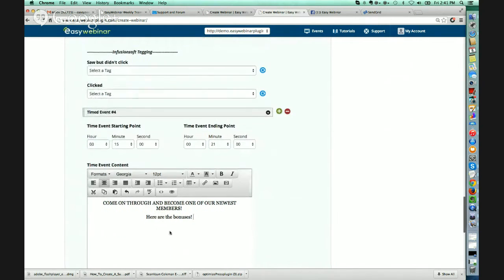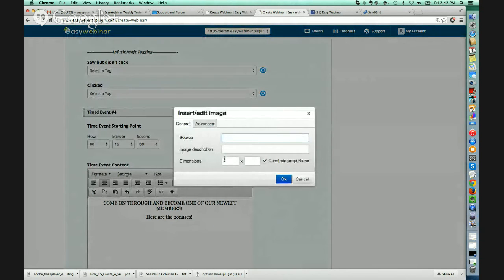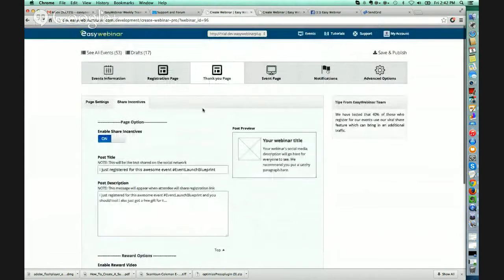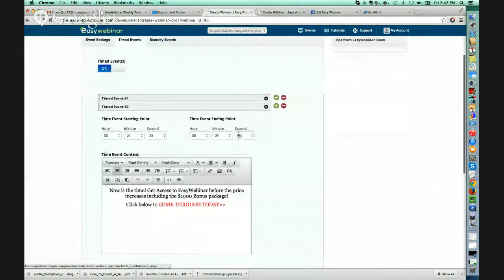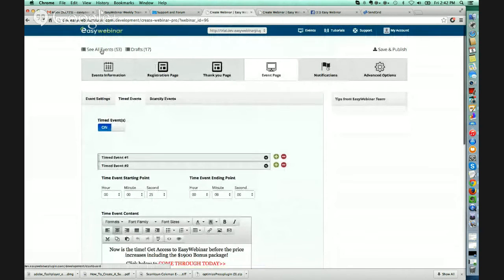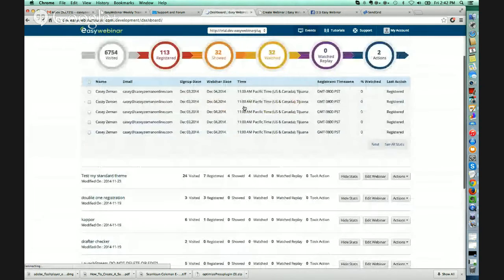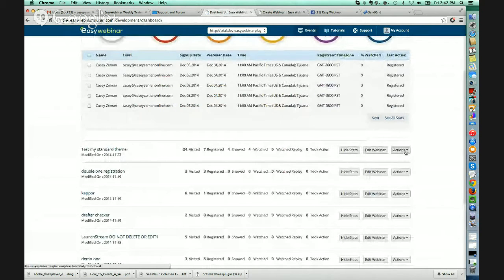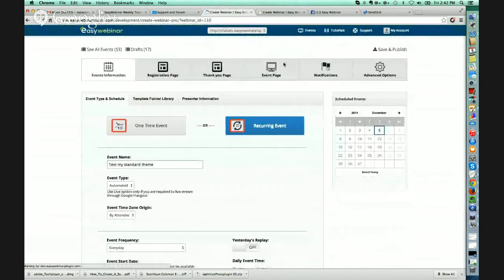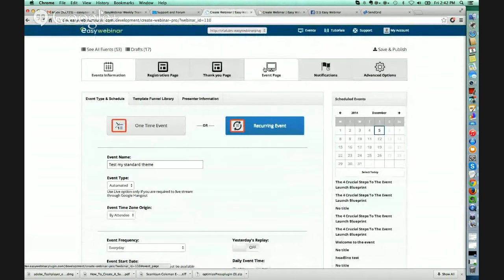Okay? And the cool thing is that I can roll in an image right here. I can insert an image of, let's say, bonuses. Let me see if I have something in this particular event here. I don't think I do, but let me go into, say, a different one. Let me see if I have any images that I can pop in. Webinar. I'm not sure if there are any images, but as I said, if you have a specific image that